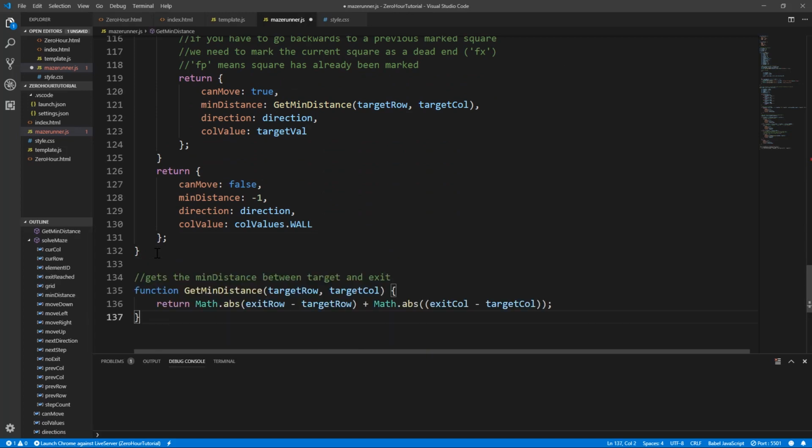So if you don't remember your 9th or 10th grade math, you can calculate the distance between two points on a grid, and this is how you do it. Basically, you pass in the target row and the target column, and you take the exit row minus the target row, take the absolute value of that, and add the absolute value of the exit column minus the target column, and that will give you